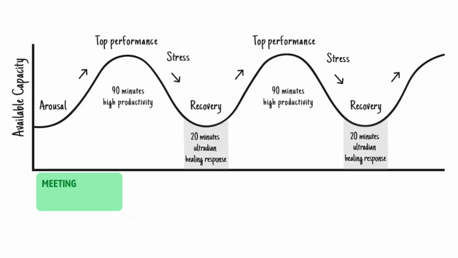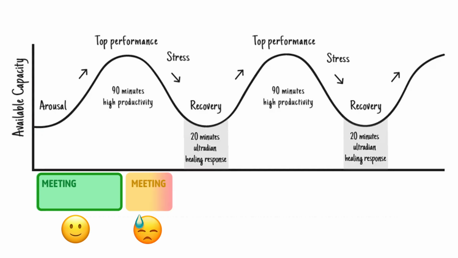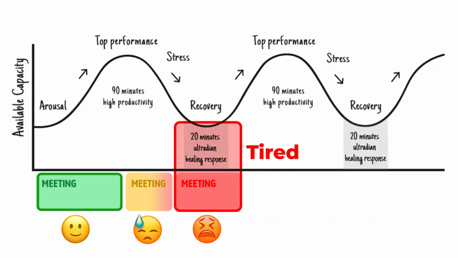It's fine to have a meeting that lasts only 30 minutes, but if it's followed by 2 back-to-back 1-hour meetings, your ultradian healing response, which is when you're the most tired, is basically happening right in the middle of your 3rd meeting, and that's not going to bode well with your productivity. But interestingly enough, things were not always that way. The world used to be a much slower place.